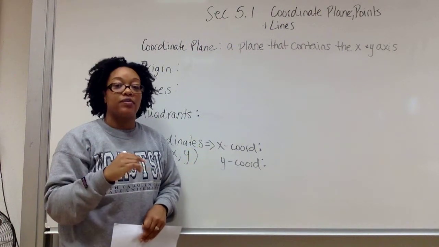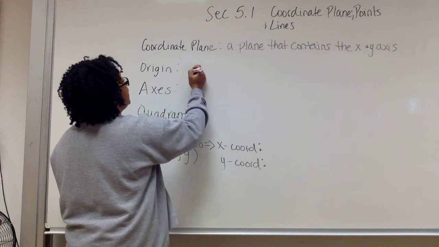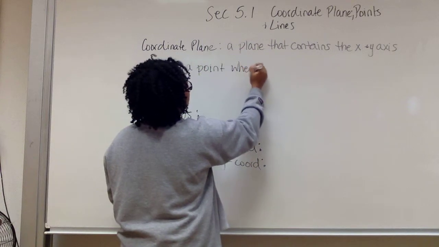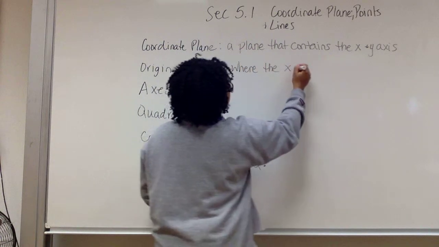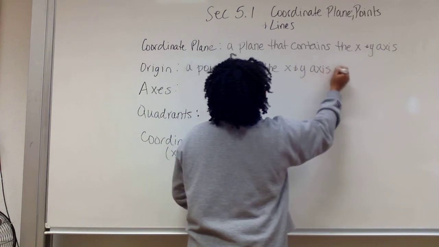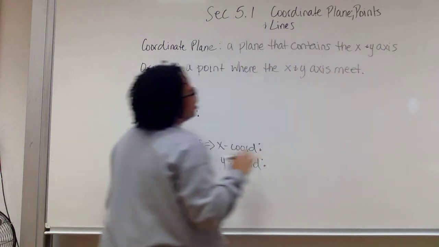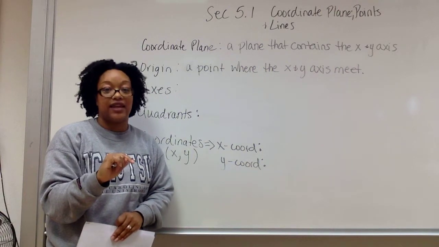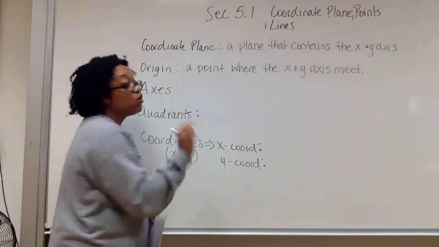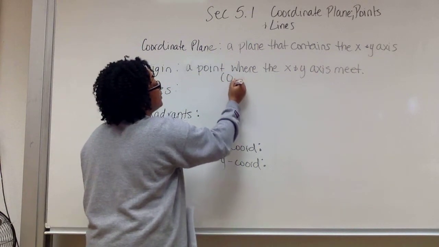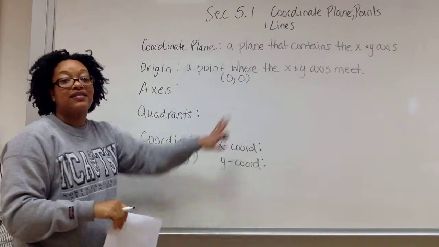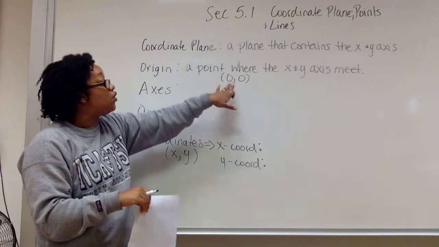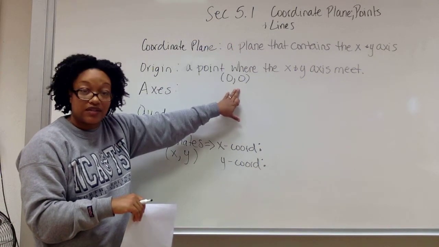Now, part of the coordinate plane is the origin. The origin is a point where the X and Y axis meet. Okay? On the coordinate plane, they intersect in one place right in the center of your plane, and that is called the origin. The coordinates of the origin are 0, 0, but you rarely hear anybody say 0, 0. They always refer to the word origin, and you've got to know that that's the point that has these coordinates,